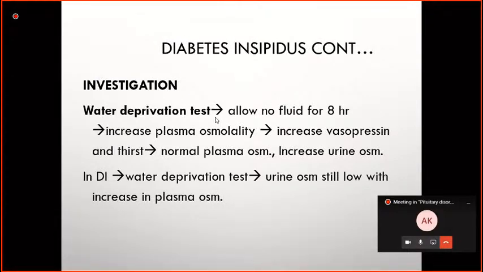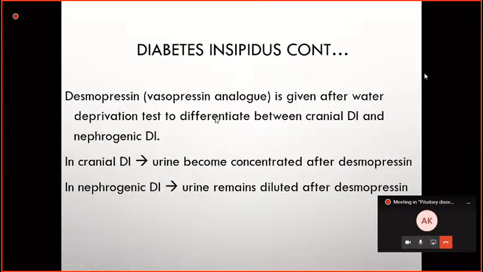Yes, the water deprivation test is here. Any other questions before we stop? If there's no question, can we